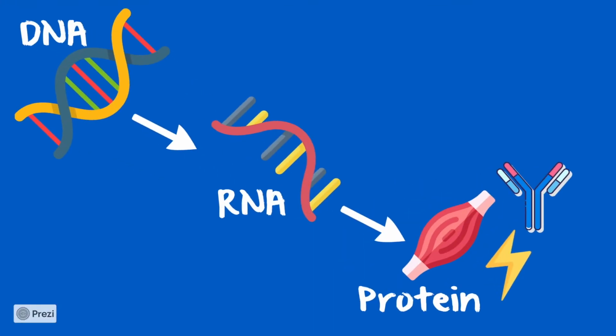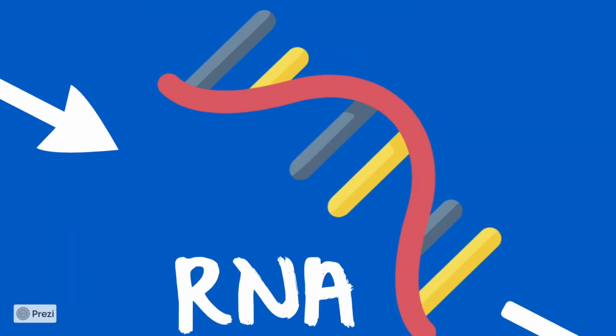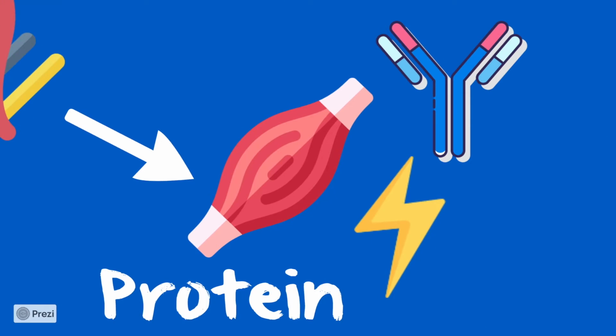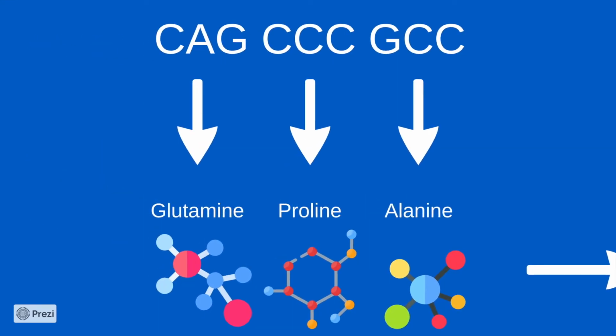The DNA molecule contains different segments, called genes. A gene is a DNA sequence that carries instructions to make the building blocks in your body, known as proteins. To make a protein, a gene sequence is copied into a molecule called RNA, which is very similar to DNA, but more flexible in structure. The RNA sequence is then converted into an amino acid sequence, which makes a protein. Each group of 3 DNA letters codes for a particular amino acid. For example, a DNA sequence of CAG, CCC, GCC would make a protein with the amino acids glutamine, proline, and